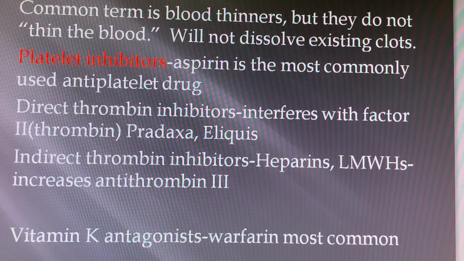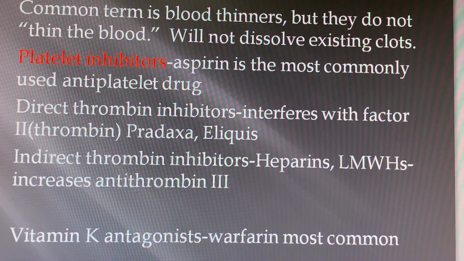It kind of slows things down a little bit. These drugs are the heparins, which have been around for quite a long time, and also what we call low molecular weight heparins, which one example of this would be Lovenox, which some of you might have had a chance